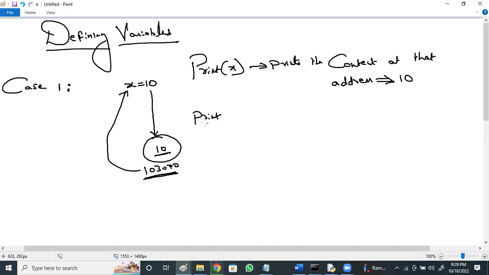Interpreter means it executes line by line. Compiler means it executes the entire code at once and gives the errors if you got any errors, right? So if I want to print the address of x, there is a function called id. Id of x means print